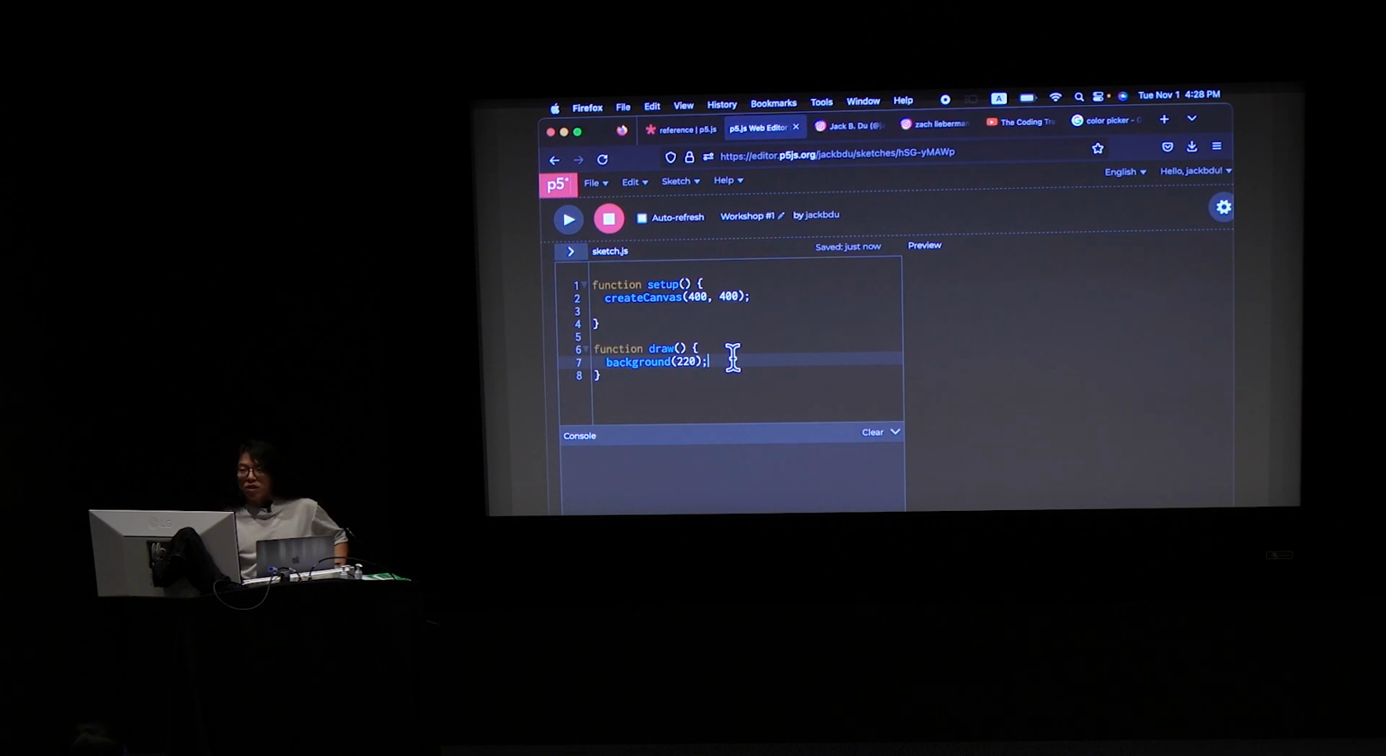So one thing I forgot to mention is, if you know that you are just drawing something, creating something that's still, and you are not planning to make it move, in those cases, you can write all your code in setup. And that way, you don't need to worry about